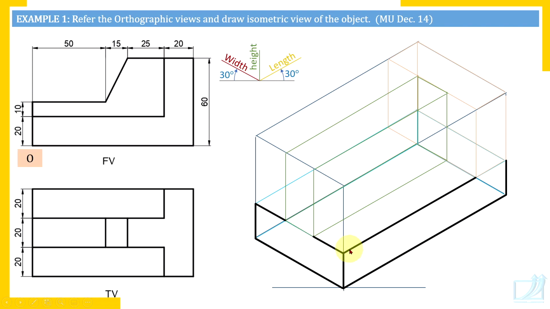And now top surface. Now top surface of the base plate. Check here. Top surface of the base plate. But as you know that we don't show hidden details in isometric view. So the edges which are on the visible surfaces, those edges we are not going to draw. Now you will understand. This edge of the base surface, remaining edge, I have drawn this visible edge here. Remaining edge is behind this vertical plate. That's why I have not made it dark.